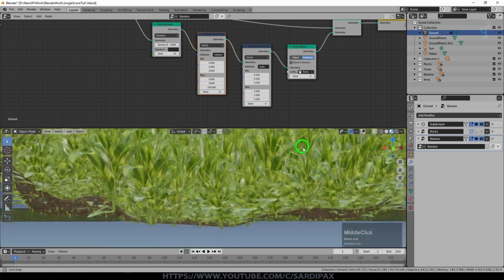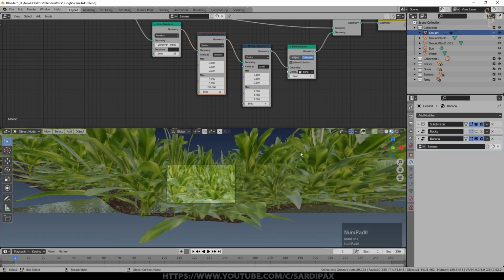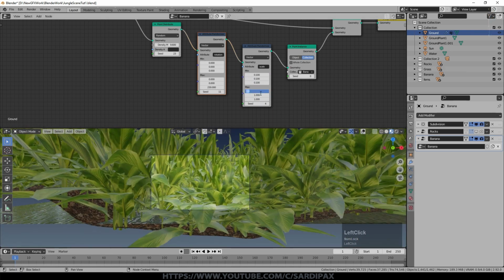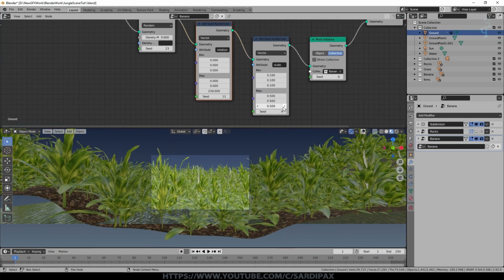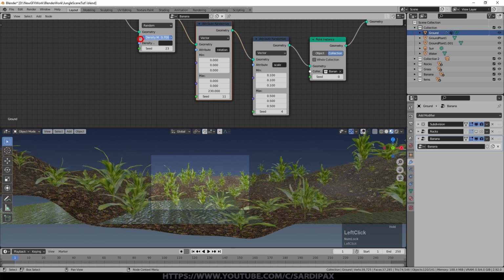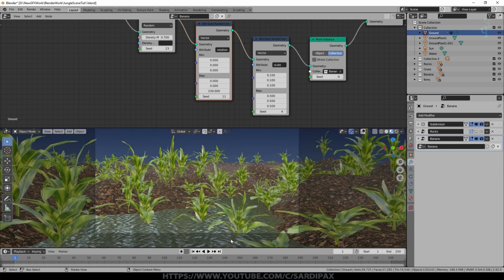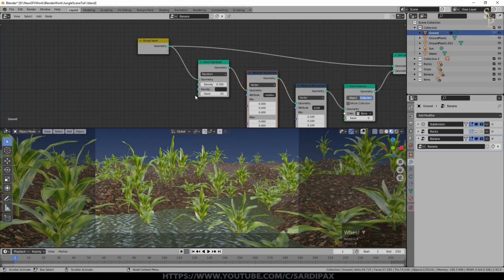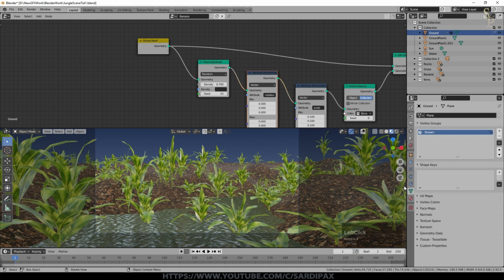how that looks. So that's a banana plantation, clearly, possibly a little larger than we want. So we'll go for 0.5 as the max size, and obviously that's rather more than we want, so we can turn the density down quite a bit. But we've still got some bananas growing in the middle of the stream. So we could do something fancy with math nodes and things like that to invert the stream density, or we can make life easy on ourselves.